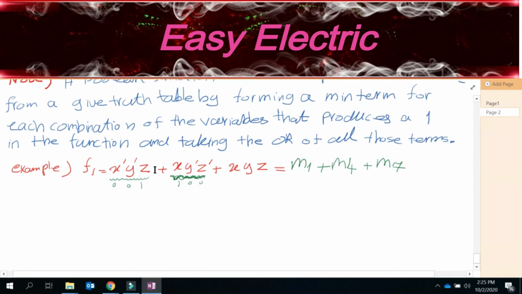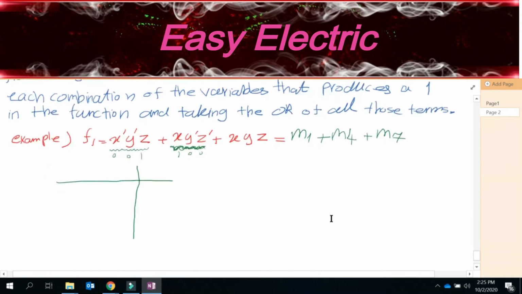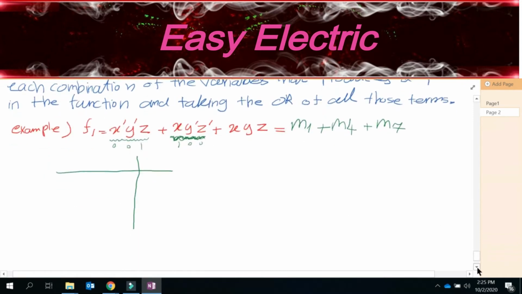You had one function which has 3 terms. You actually change those terms to the minterms. But what I put here as a note is this one. Let's actually draw the truth table for this function. Remember, we learned about the truth table in our previous class. So if I want to make a truth table for function f1,